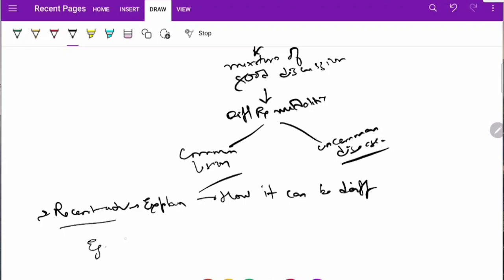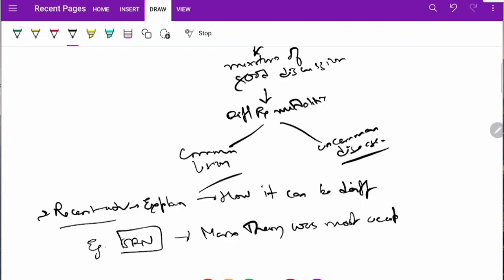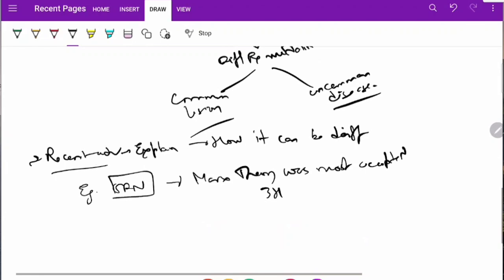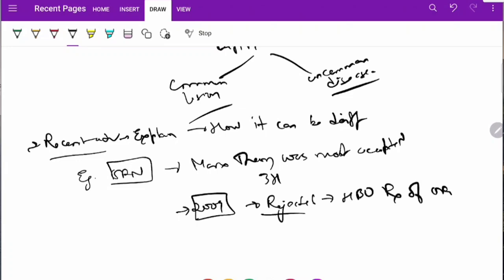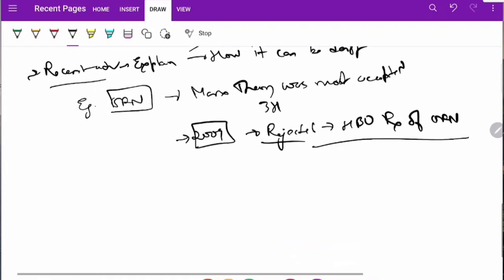I'll give you an example of this. For example, in ORN, that is osteoradionecrosis, earlier Marx's theory, which is the 3H theory, was most accepted. But recently, in an article in 2009, it has been kind of rejected, which also questions the basis of your HBO treatment for ORN. Someday later we'll be taking this up,